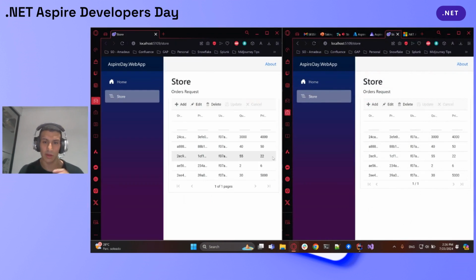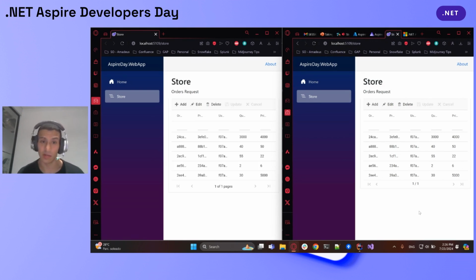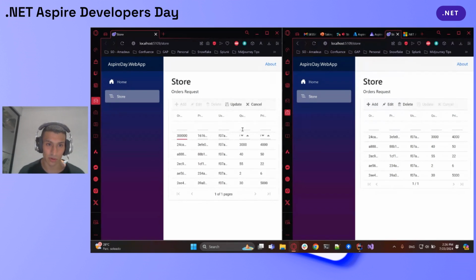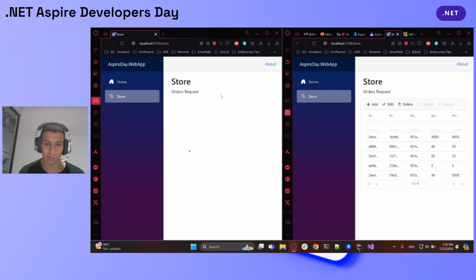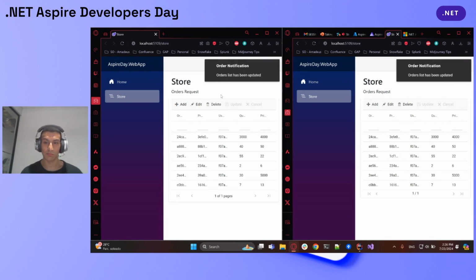So in here, we have another instance of the same application open. So I'm going to create an order in one of the screens, and you will be able to see, since we are taking advantage of SignalR, we will have the capability to keep our connection open between different services. So I'm going to add a new one. I'm going to add a small quantity in here. I'm going to also add a small price in here, and I'm going to save the changes. So take a look at both screens. So as you can see,